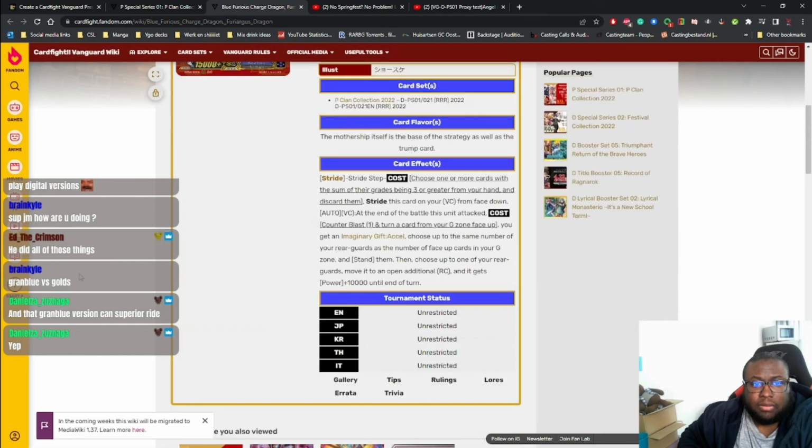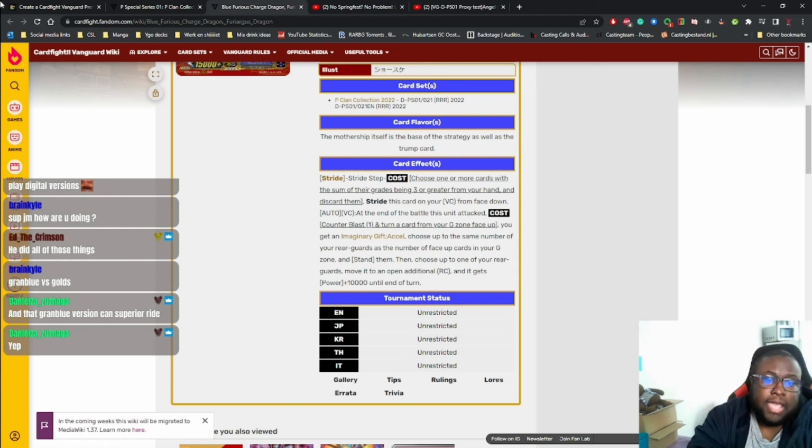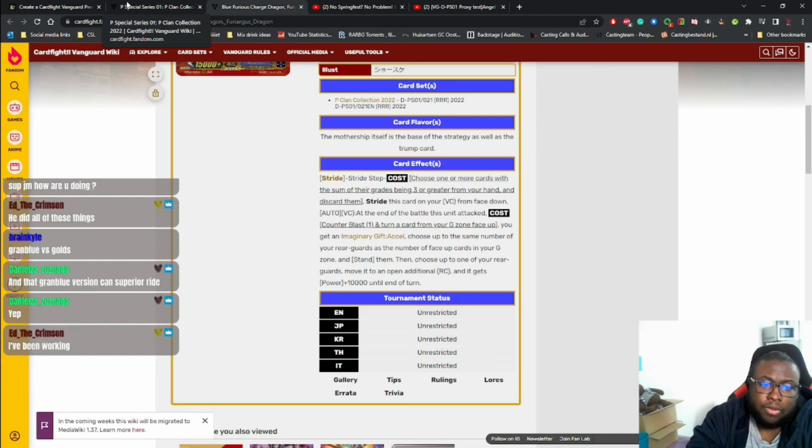Let's see. At the end of battle, let's see that attack cost. Counterblast 1, return a card. Turn a card from EG zone face up. If you get an imaginary, give Force Marker, Axel, and choose the same number of rear guards as the number of cards in EG zone and stand them. Pretty good. Do they gain power? Then choose up to one of your rear guards and move to open additional rear guard circle, and it gets